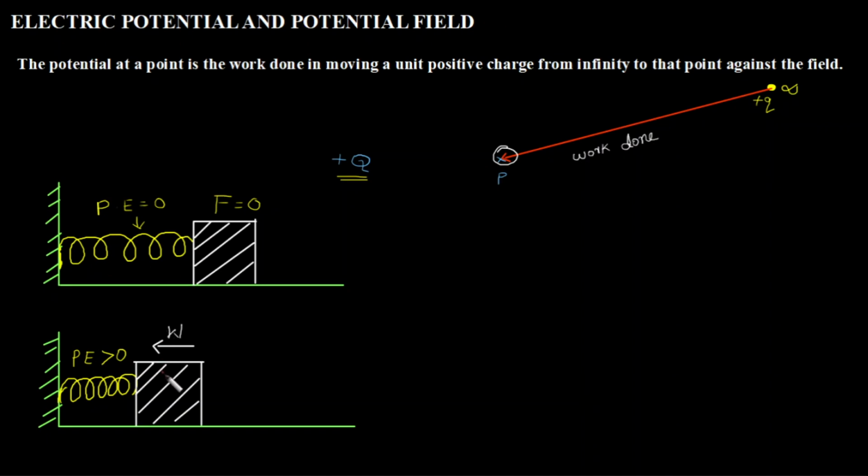Okay, now if I release this, what I am doing, I am pushing this and holding this box. Please understand, I didn't leave it, I am still holding it. Now if I leave this box, what is going to happen? If I leave this box, the potential energy stored in this spring is going to be released, or this spring is going to push this box to the right hand side, right?